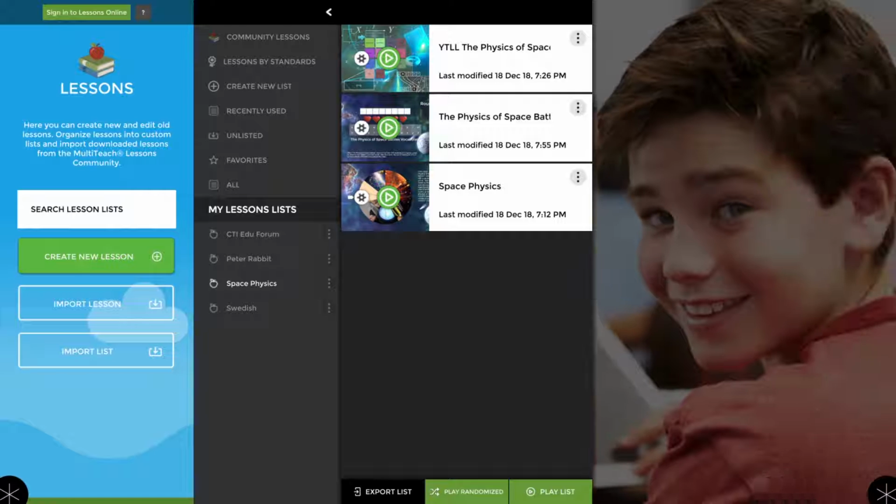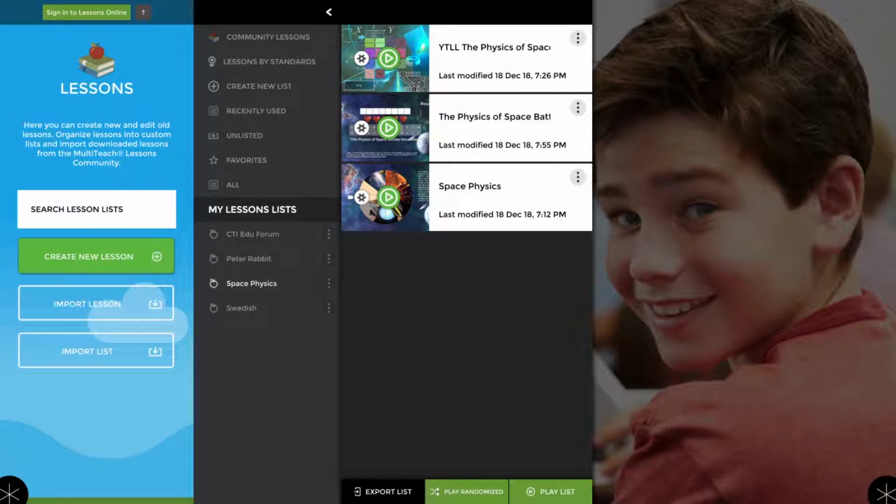If I click on this space physics lesson list, you'll see that I now have two buttons on the bottom. So we had the original playlist, which plays it in a linear sequence, and now we have the play randomized button as well. So if I click play randomized,